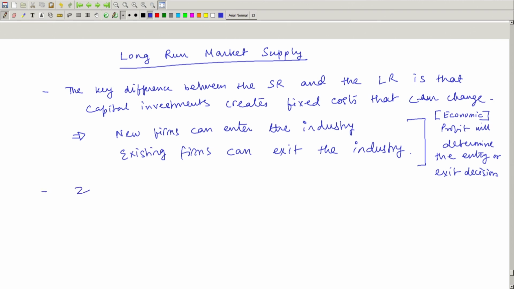In particular, zero economic profit, right, zero economic profit, which is, notice, total revenue minus all the cost, which is nothing but the opportunity cost, right. So, total revenue minus total cost for us is total revenue minus the opportunity cost. Zero economic profit is enough to satisfy